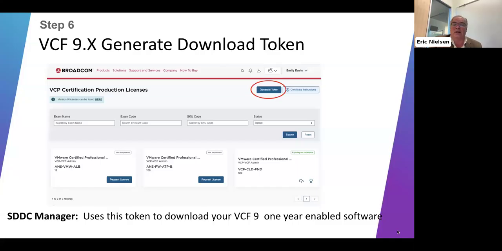And on this website, down here, you have the 5.x license keys, you have a link to the download center, and now we also will create a button called Generate Your Token, and that will be coming in the release at the end of this month for 9.x support. And you will be able to generate your tokens, which will give you a token for the product that you can use in the SDDC Manager install process, and it will automatically download your software, and you should be good